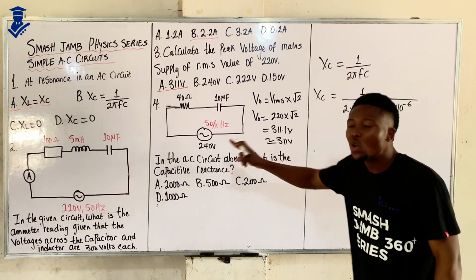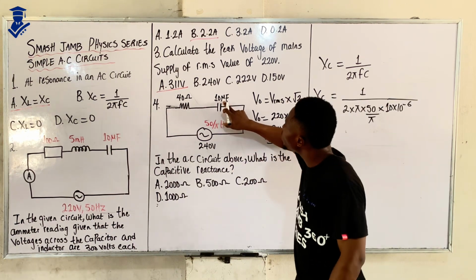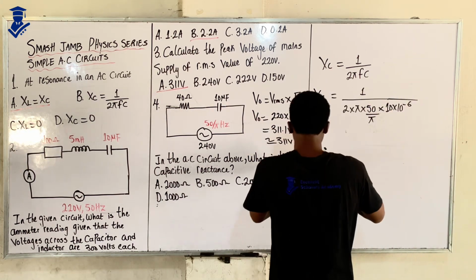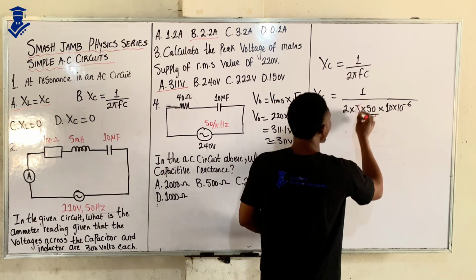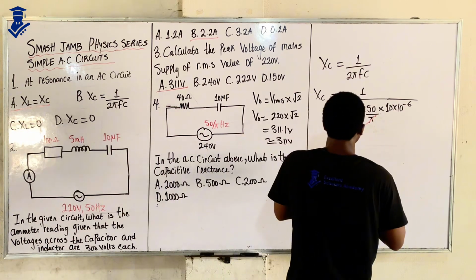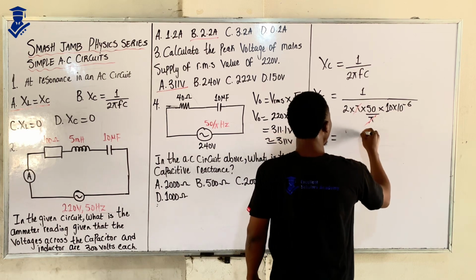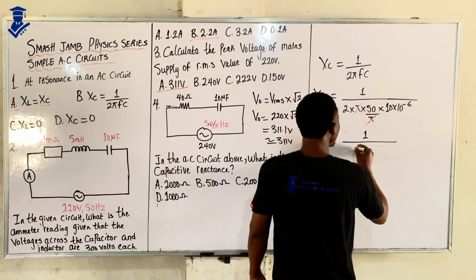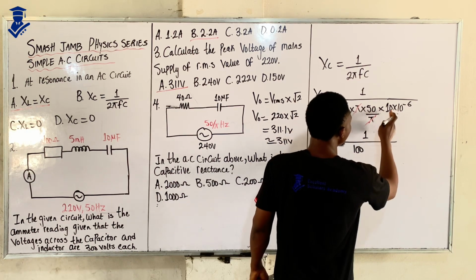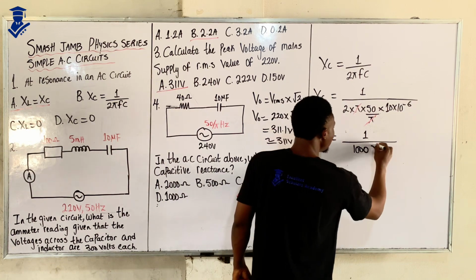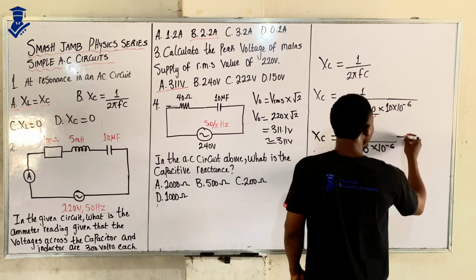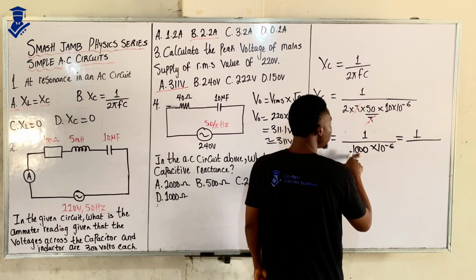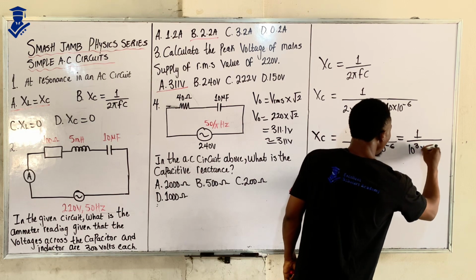Now, please take note of submultiples. Micro is times 10 to the power of minus 6. So take note of submultiples. Now let's do some cancellation. Of course, pi will take away pi from here. Now XC is equal to 1 over 2 times 50, which gives us 100, times this 10, that will be 1000 times 10 to the power of minus 6. So this is going to be 1 over, I can write this as 10 to the power of 3 multiplied by 10 to the power of minus